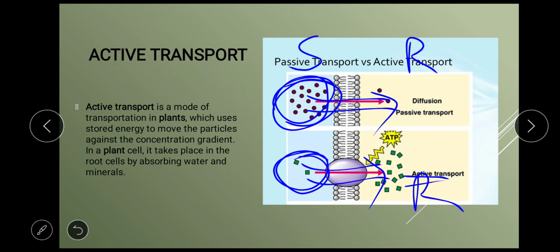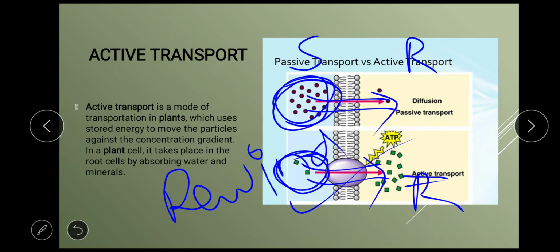So this is called active transport. Okay, because roots need water, that's why. I hope you have understood active transport, or you can rewind the video and you can read the topic in your textbook also along with the video. Okay,